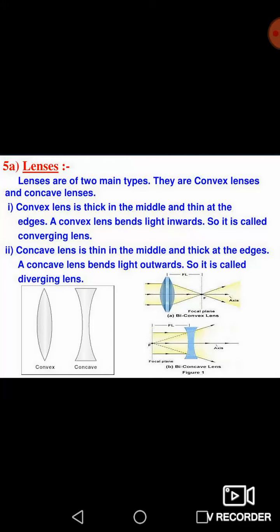Dear students, today we will study about the lenses. When we are not able to see far off things or nearby things clearly, we visit an eye specialist. The doctor checks our eyesight and if required suggests the use of spectacles. Spectacles in fact consist of two curved glasses known as lenses.